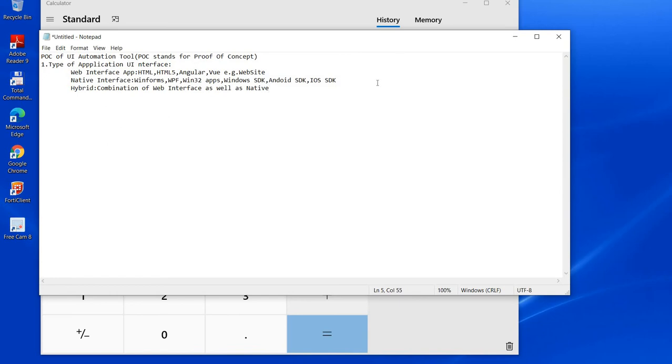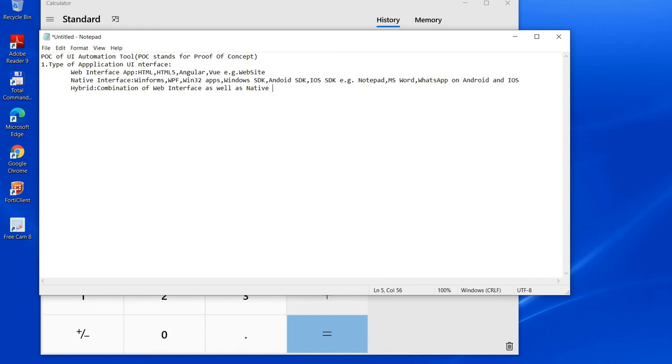Examples of native are Notepad, MS Word, then WhatsApp on Android and iOS. All of these are native apps. Hybrid is a combination of both web interface as well as native interface.